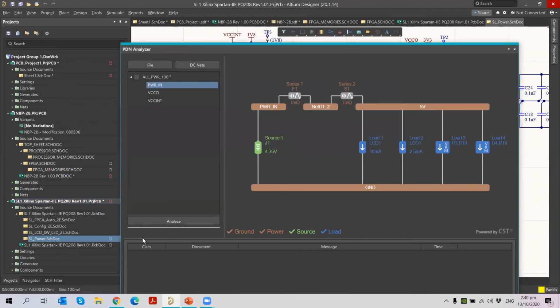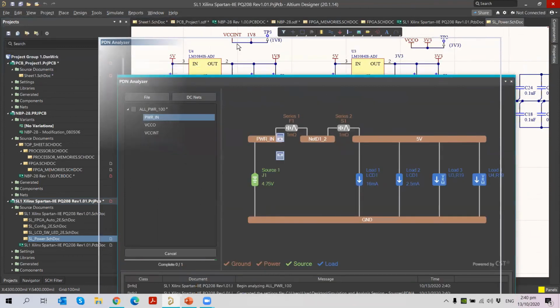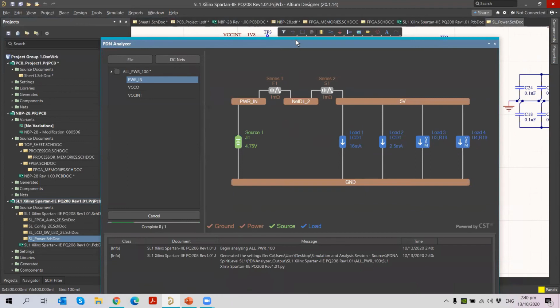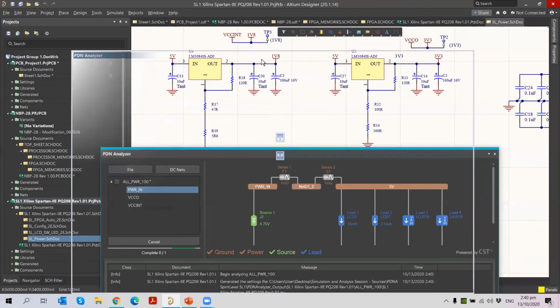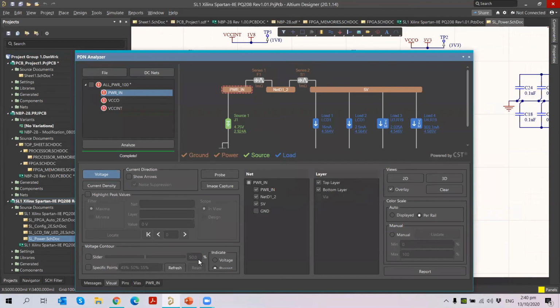So after my settings, I need to analyze it. When I analyze, I will be able to see the simulation results. Below you can see the simulation analysis. I just bring it to the top. You can see it begin analyzing here. So it is analyzing the network, and showing my simulation progress, 92.28%. Then it will find out whether any violation is there or not for my PCB board. The maximum current density I set is only 90, but if it goes beyond 90, it will show the violations. Now you can see all the three have violations.